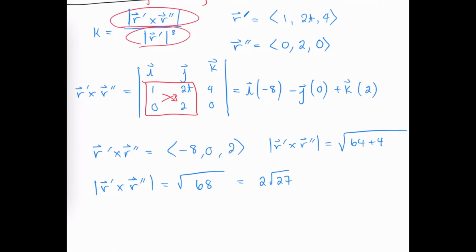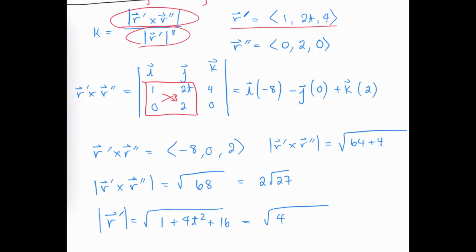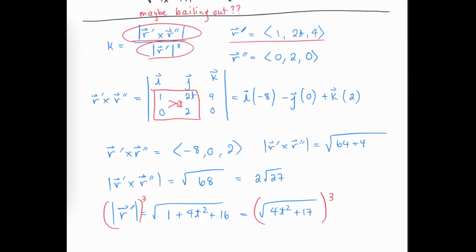Now we're just going to look at the magnitude of the derivative vector and cube that quantity. So our derivative vector was right here. We'll find its magnitude. And I feel like we've already done this, but it's pretty easy to crank it out. So we've got 1 and 2t quantity squared is going to be 4t squared, and then 4 squared is 16. And yes, this is 4t squared plus 17. We did already have that. So we're going to take this and then cube it to get what we need in the denominator, giving us